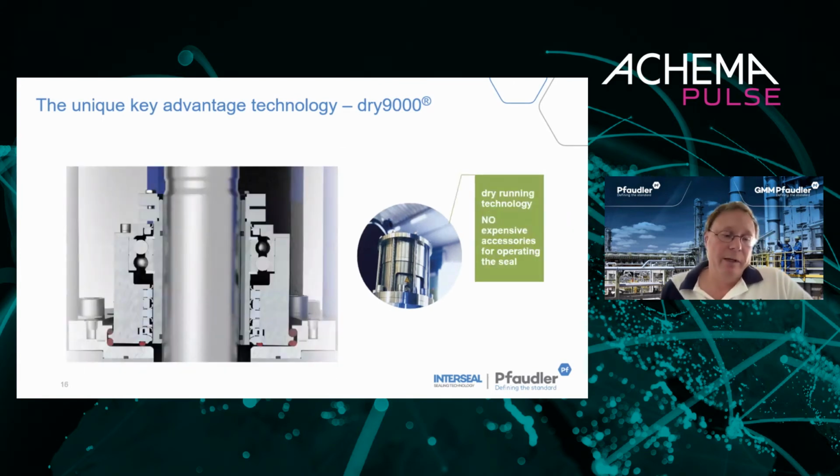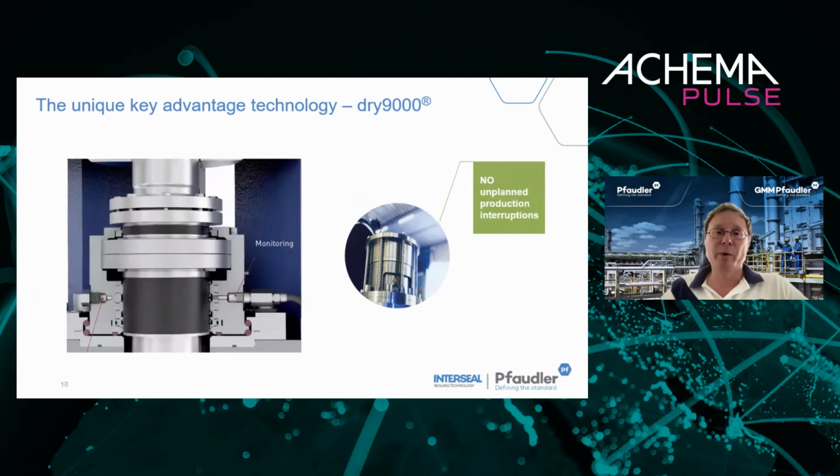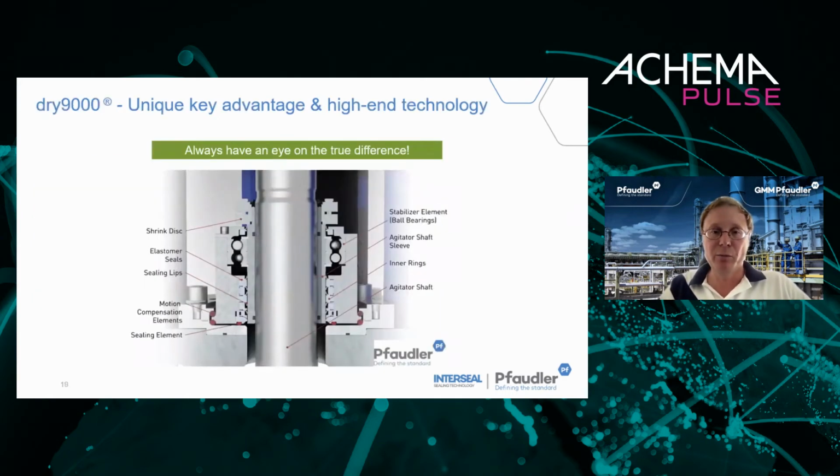The dry run and the possibility of a contamination-free production round off the lead. Minimizing the necessary monitoring system and eliminating unplanned production downtimes with a smart alarm system puts this technology at the front of the cost reduction. So if we look to this movie here, it explains a little bit how the seal